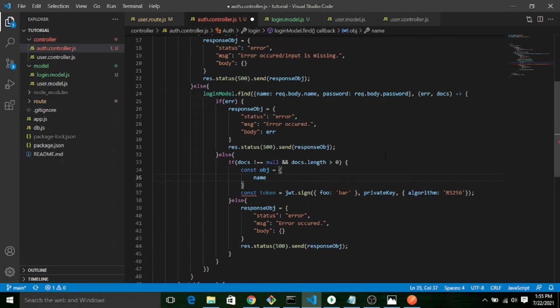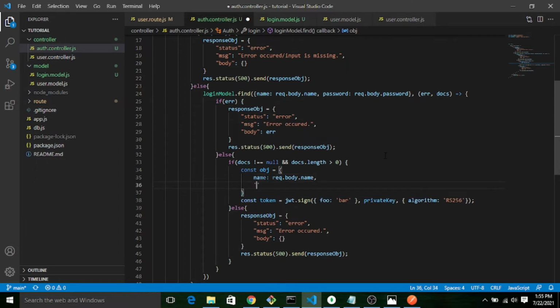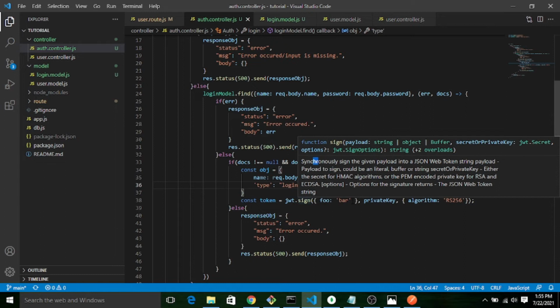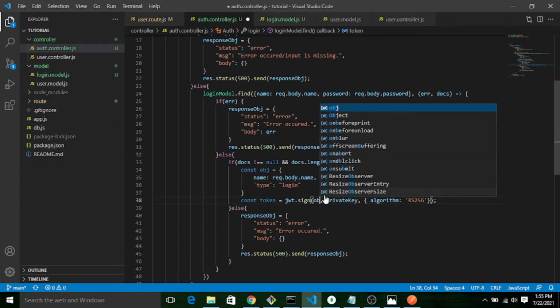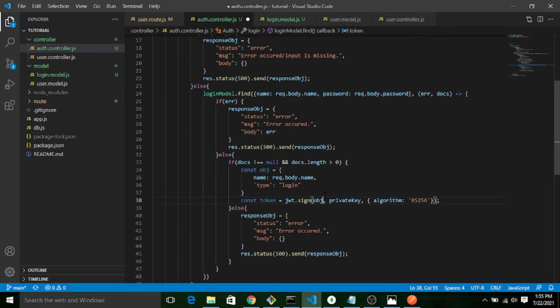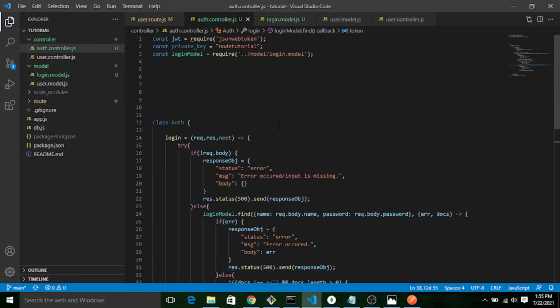Here I will create it as per my name, whatever name value the user has given as a payload. Let me take one more value, that is type, let's say login. It completely depends on the user. Object. My private key I have already defined.